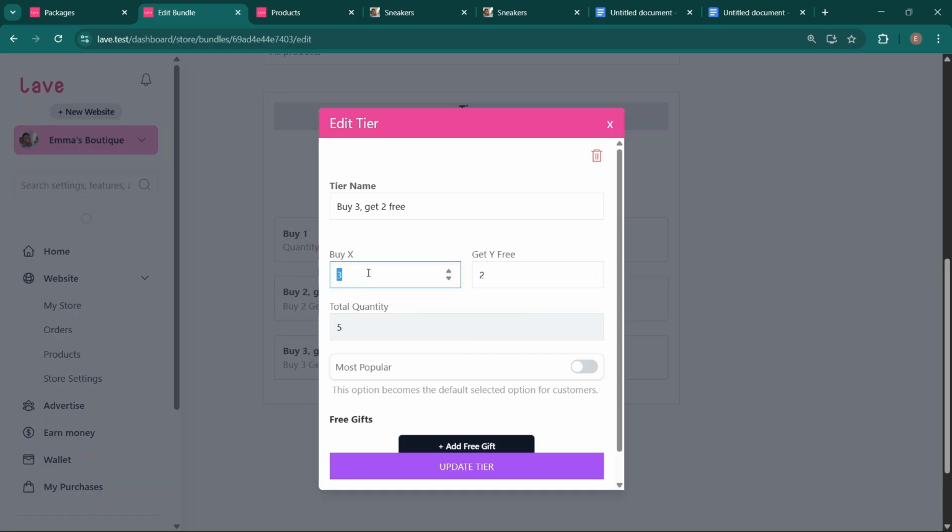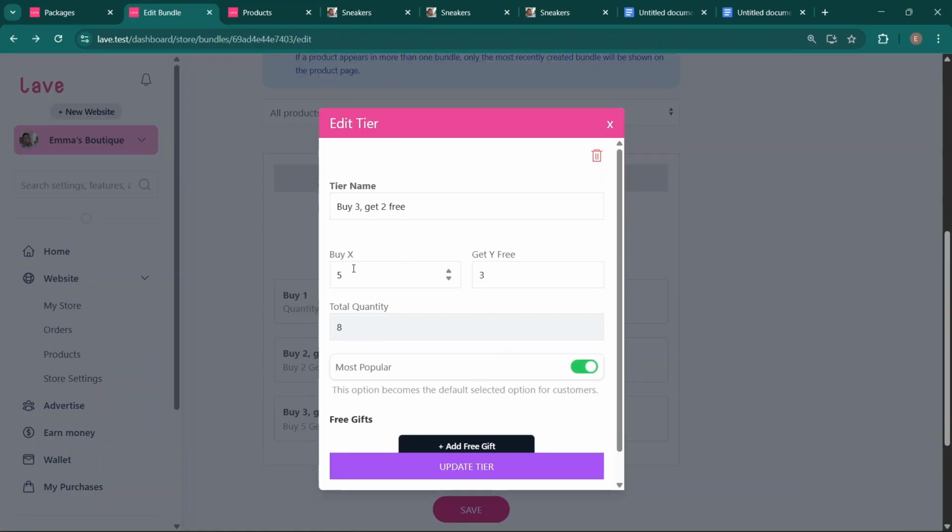Okay, you can change the numbers. So if I buy 3, I get 2 free. If I buy 5, I'm going to give them maybe 3 free. So I'm just going to highlight this as the most popular. Always keep in mind that after changing the buy X get Y free, you should update the tier name so that it's easier for your customers. Because I've changed it to 5,